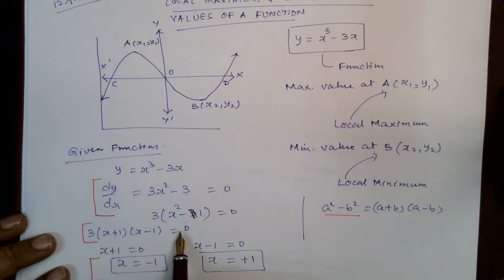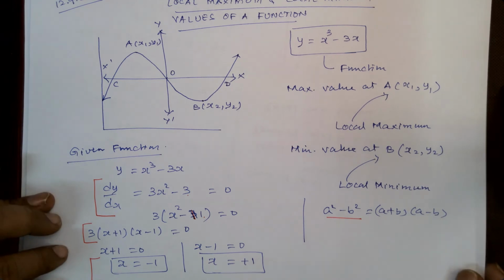3 cannot be 0. However, x plus 1 can be 0 or x minus 1 can be 0. Therefore, x plus 1 is equal to 0 means x is equal to minus 1. When x minus 1 is assumed to be 0, then x becomes plus 1. Got it? Now,